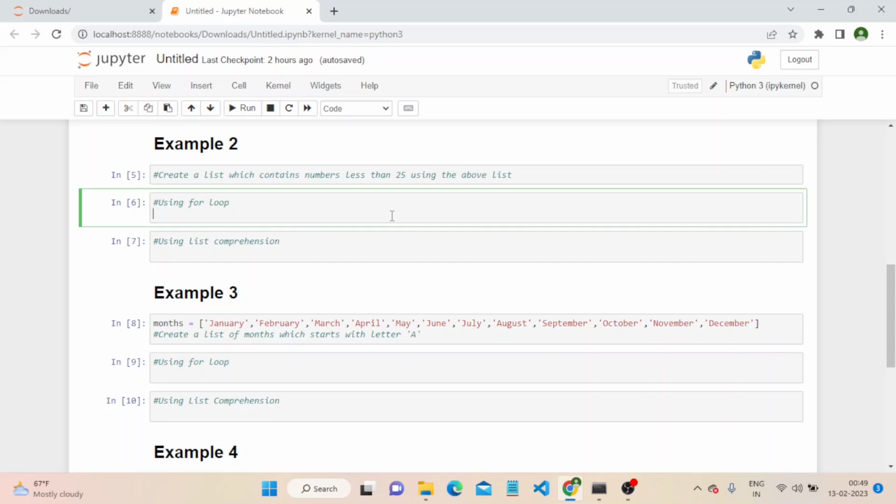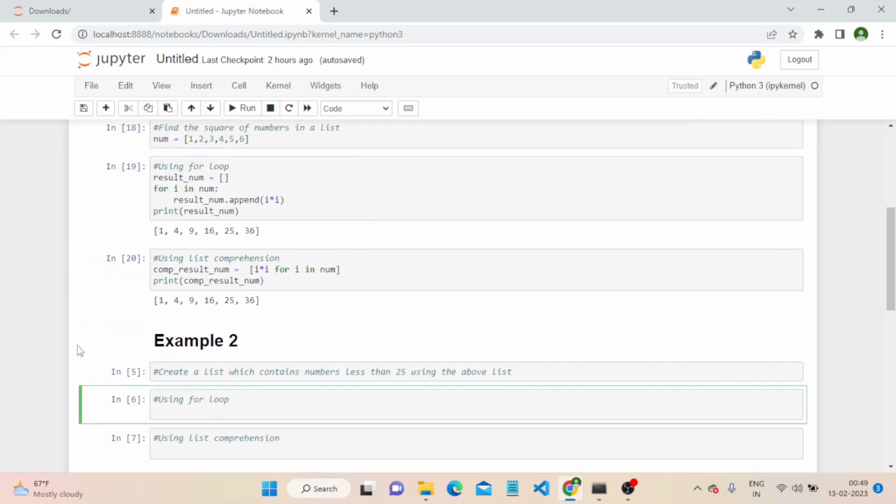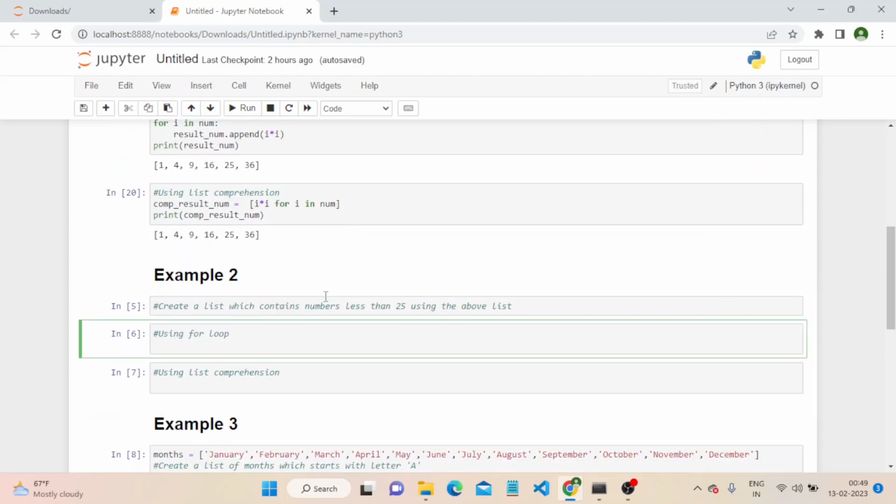Now in the second example, we need to create a list which contains numbers less than 25 using the above list. So we will use the list which we found earlier in example 1, and we will create another list using this list which will contain only numbers which are less than 25. So now let's do this operation using a for loop. So first of all, let's create